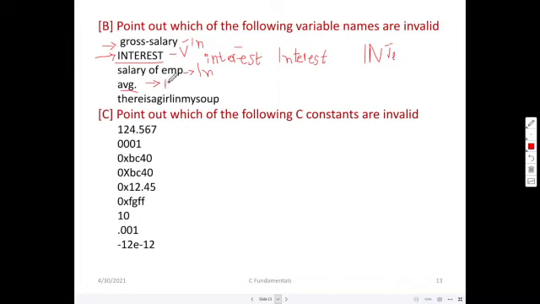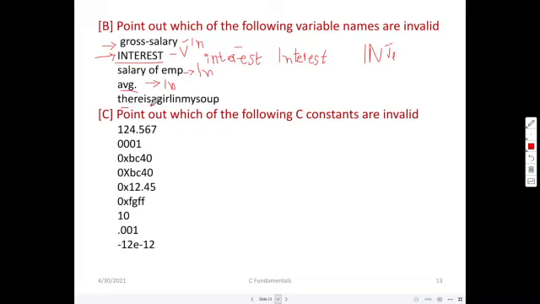Average, whether this is valid or invalid? No, it is invalid. Why? Dot is available here. In normal writing, our own habit, we write it as AVG dot. We know that AVG is average, but the computer cannot understand AVG dot. Dot is a special character which is not allowed. Only special character allowed is underscore.